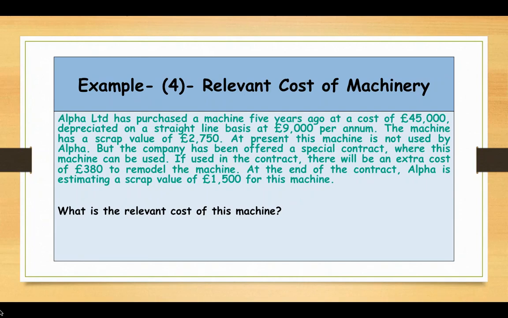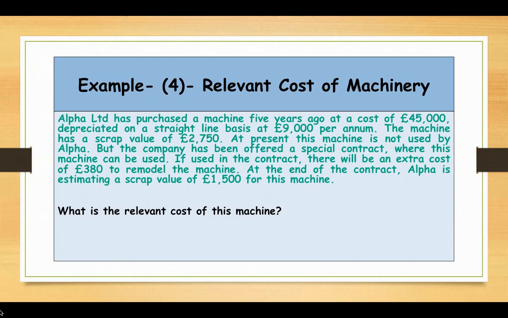At the end of the contract, the machinery's scrap value is £1,500. So if you take the difference, £1,250, which is 2,750 take away the 1,500, which is 1,250. So that is the scrap value lost,